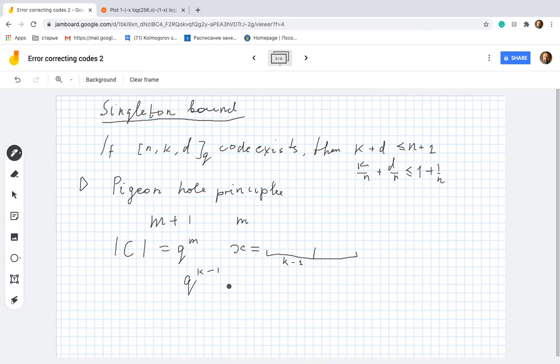As the number of pigeons is q to the m and the number of holes is q to the k minus 1, by the pigeonhole principle, we know that there is some k minus 1 prefix which is shared by q to the m